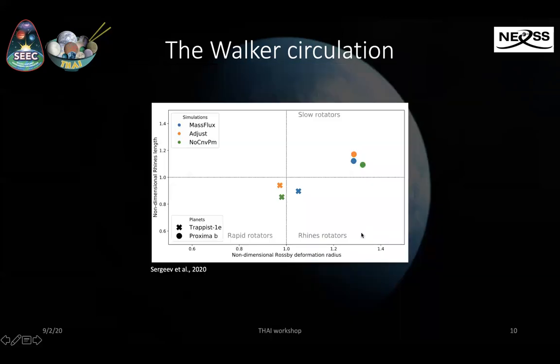And so why these differences? Well, actually, it's not because the models are so different. It's just because TRAPPIST-1e is a very specific location, just at the edge between a rapid rotator and a slow rotator. This is a figure from Denis Sergeev's 2020 paper with the UM model. They just changed the parametrization of the convection at the substellar point, and this was enough to place the model in either a rapid rotator regime or a slow rotator regime. So it's extremely sensitive: even for the same model, depending on how your convection is parameterized, you get a different answer.